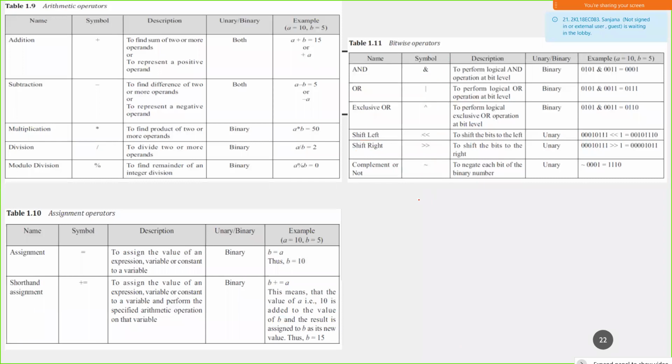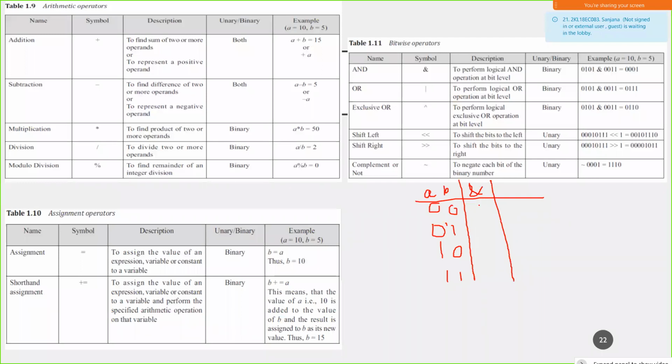As per, say, I'll just take 2 bits. So 0, 0, 0, 1, 1, 0, 1, 1. So what happens when you're ANDing 2 bits? Say I'm just considering 2 bits. Say this is of A and this is of B. This is 1 bit of A and this is 1 bit of B, and I want the result of the bitwise operators. Say if I apply the ANDing operation, what will I be getting?